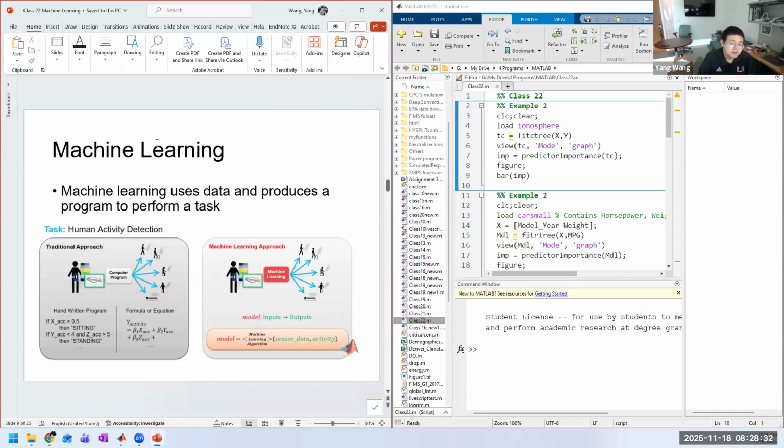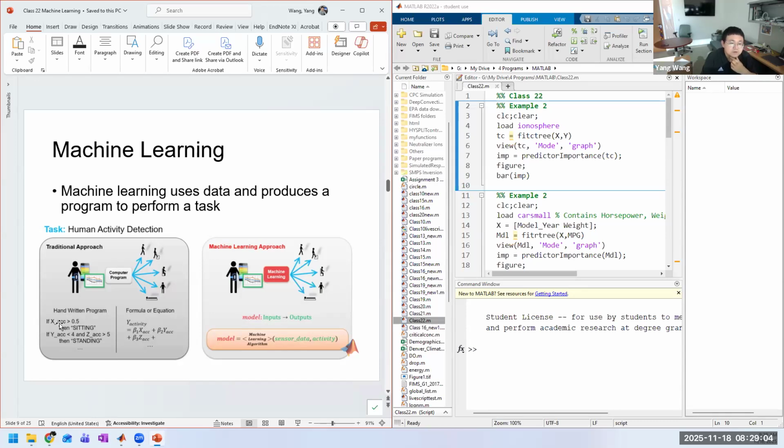So previously, if you consider how these watches or personal portable devices monitored human activity before the machine learning era, if you think about the algorithm, trying to write a MATLAB program to predict the activity, then you have to use these accelerometers to capture the accelerometer data. If it's, for example,